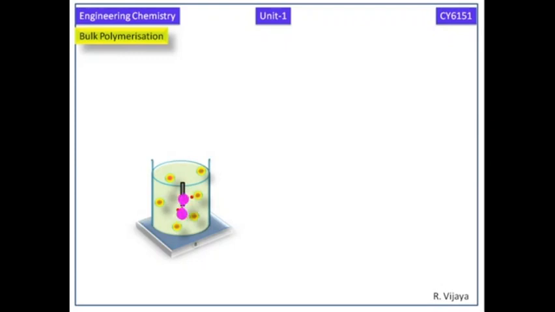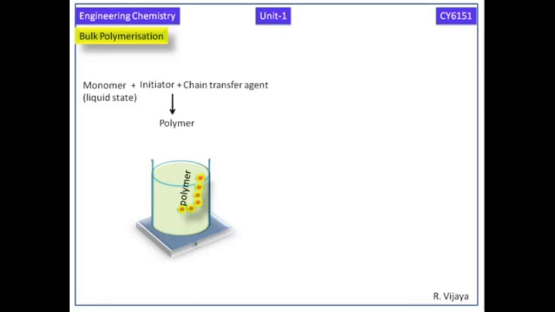Now we can see how the initiation and the propagation steps are taking place. The growing chain polymers are terminated. We get the macromolecule of the polymer. The whole solution is poured into a suitable solvent. We can precipitate it out the polymer. This is the scheme of the bulk polymerization.